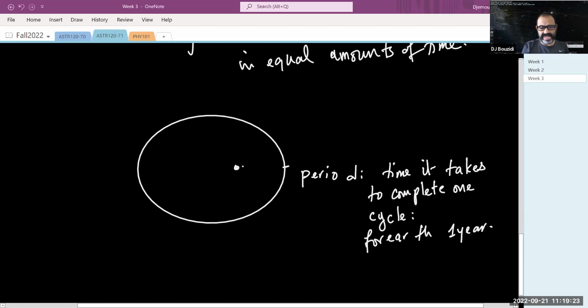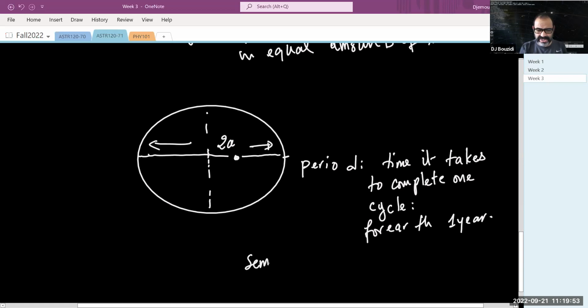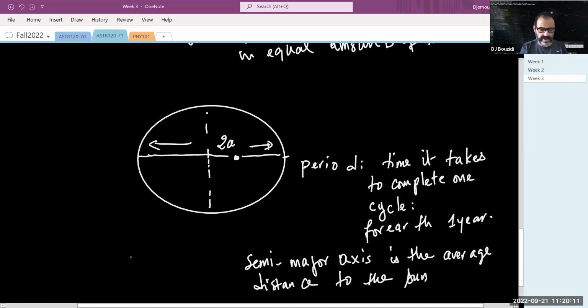Okay. If I take this distance and this distance, that is 2a, by the way. Because remember, a, if I take the axis of symmetry, that is this distance and this distance. So this is 2a. From here to here, from the most extremes, that's 2a. Half of that is a. So the semi-major axis is the average distance to the sun. In other words, for the case of the Earth, it can go as far as 153 million kilometers